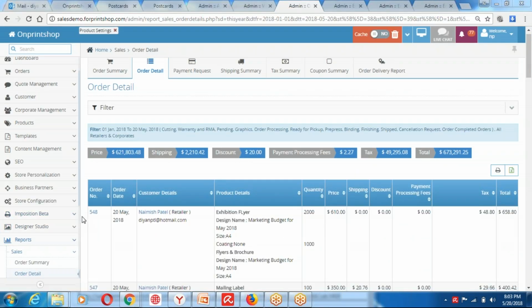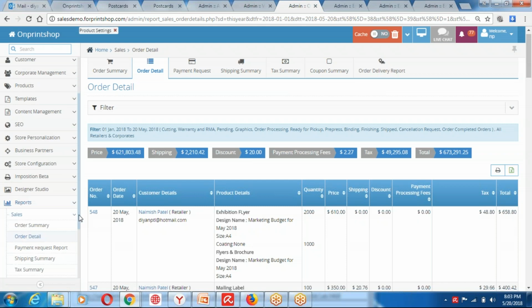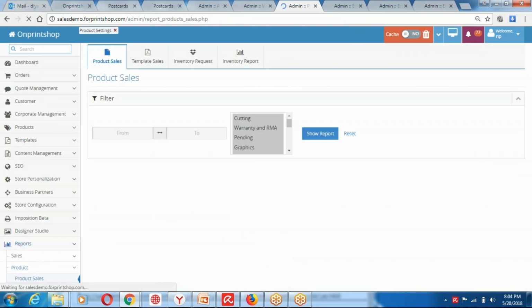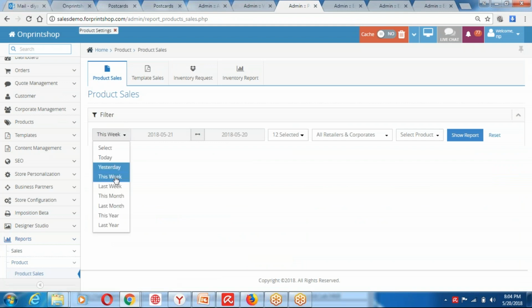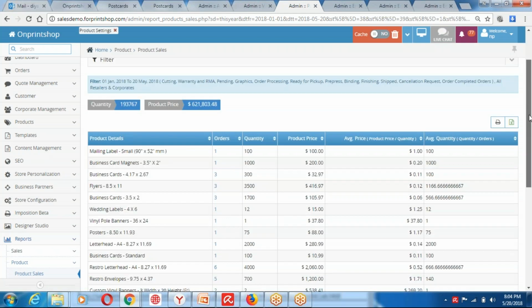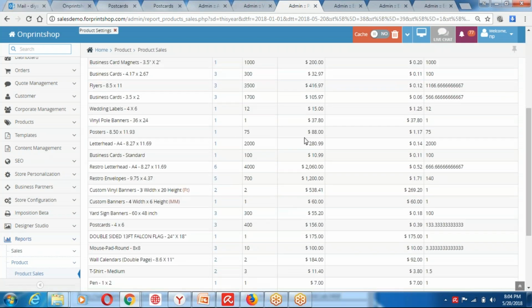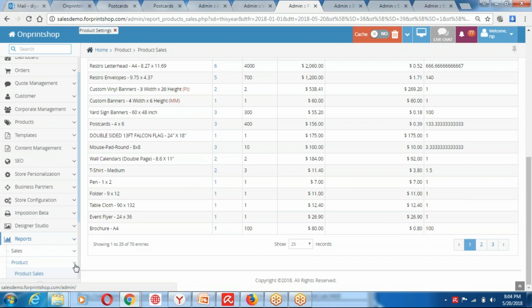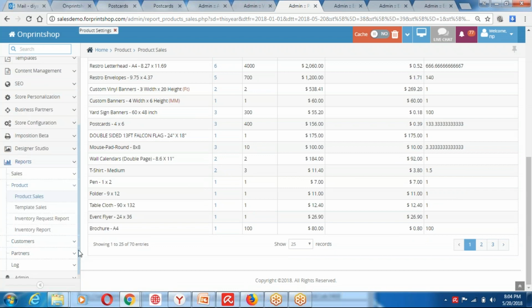Second, a lot of patterns and analysis can be found via reports. For example, what is the product-wise revenue you are getting, which products are giving you the highest revenue, which products are not being sold properly as per expectations. So it would show you, at your fingertips, all the reports, like what is the sales of business cards, letterheads, banners, if you're offering wide format, promotional items like mouse pads. So all these reports give you a quick summary of which items are popular with the customers, which items are not giving you enough revenue.